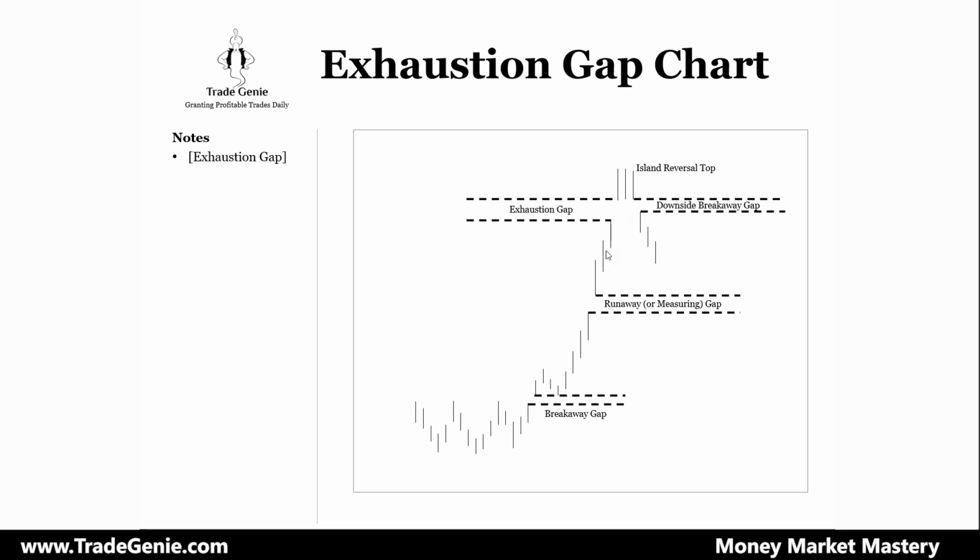And next day, let's say any day, the market gaps down. This is another very powerful sell signal, because the market doesn't have any reason to gap down after gapping up. So when the market gaps up and then gaps down, and it's an exhaustion gap, it's telling you the sentiment has changed. Now the market is going down, and usually the market will come down to where the runaway gap started, so it's coming down to this level. It will do its thing. It will deceive you in between.